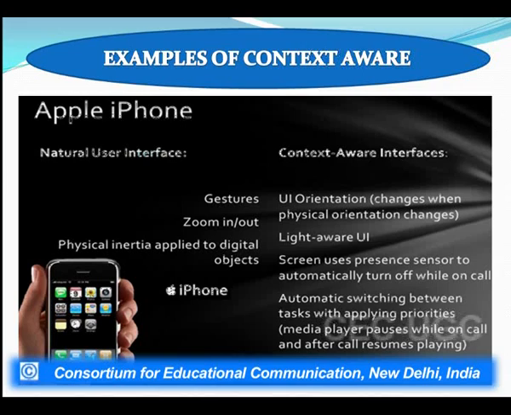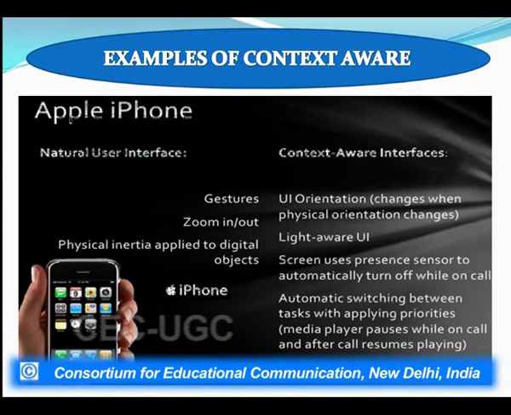In the Apple phone, suppose it is not context aware, then the user interface would be natural, gesture would be simple, and it will only allow the functions zoom in, zoom out, because physical touch or inertia is necessary to touch the icons, and it will display some result. But these days the Apple phones are context aware. Context aware means, in this case, the user interface orientation would change,